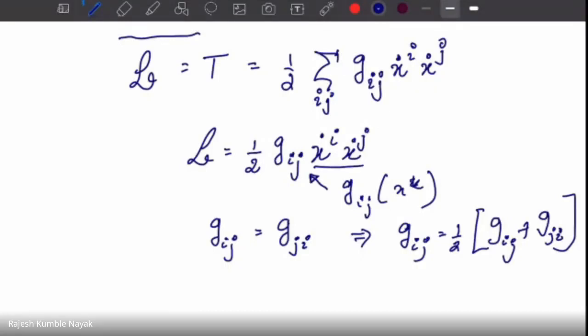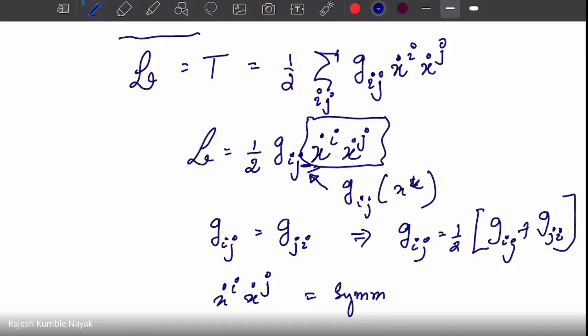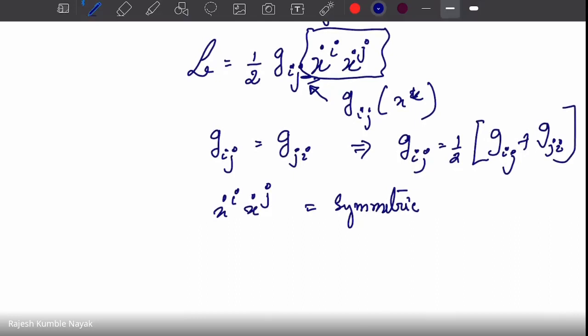So that comes from the fact that this product ẋ^i ẋ^j, which is called the outer product of the velocity, is symmetric. So even if G_ij is not symmetric, only the symmetric part would contribute. But you would see that this metric G_ij would be symmetric, so we don't have an issue, or rather we would be considering only a system in which G_ij is symmetric. So with this understanding, let's go ahead. We have a Lagrangian explicitly written down. It is the form of a Lagrangian which we are interested in.